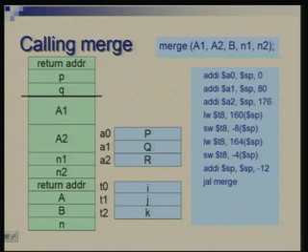So, now you make a call, and the first instruction in the merge function would be saving the return address at the top of the stack. So, this takes care of creating the activation record, filling in the parameters which were being passed through registers into appropriate registers, and when the call has occurred and the control has been transferred, then you take the return address and put it in the appropriate place in the stack.